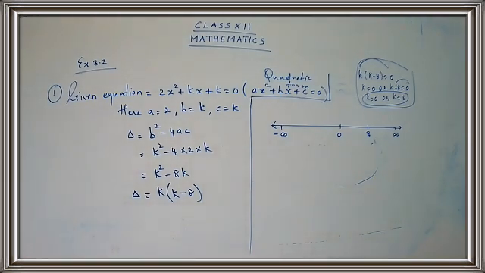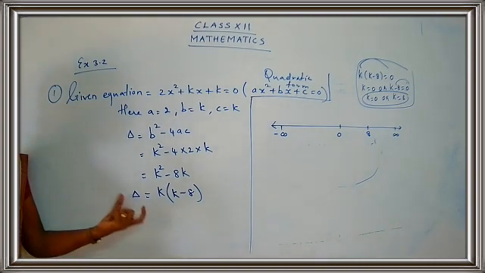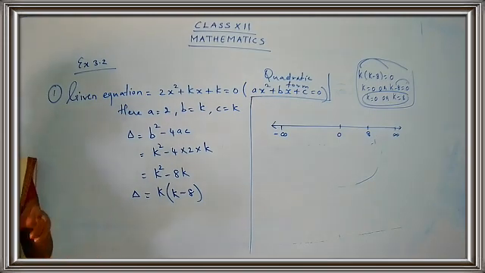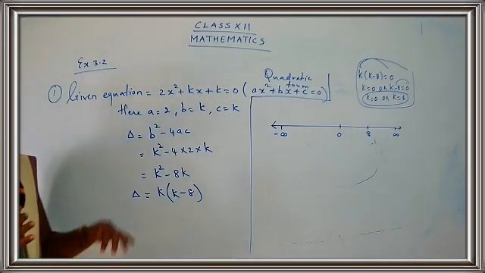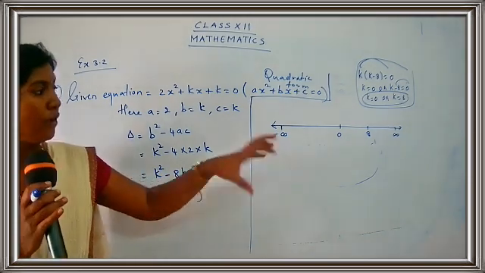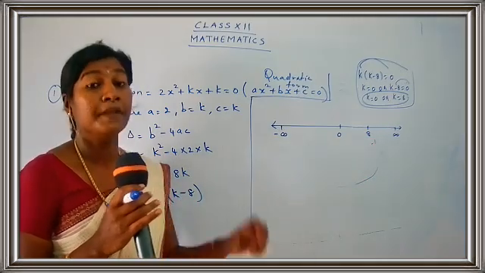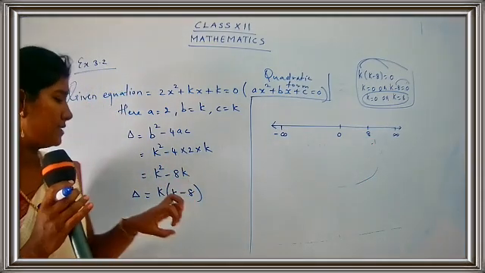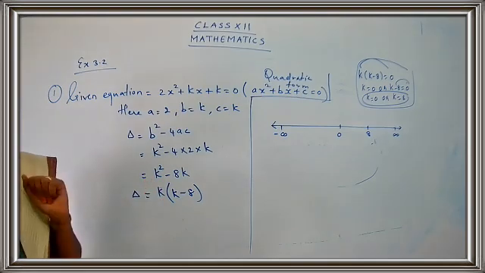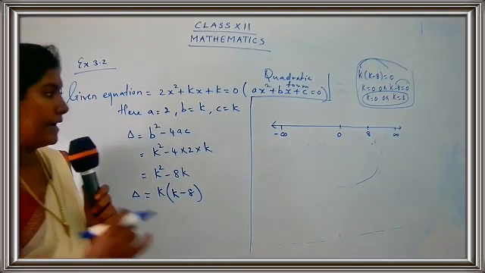Draw it neatly. So first thing, we have been given the equation, and from the equation we got the values for A, B and C. And we have found the value for delta. Now, using this delta alone, we cannot discuss the nature of the roots. So what have we done? We have just drawn a number line and listed some of the numbers, that is 0, 8, infinity and minus infinity. Now I have told you that we are just going to consider some of the cases. So let us consider some of the possible cases. Write down, children.